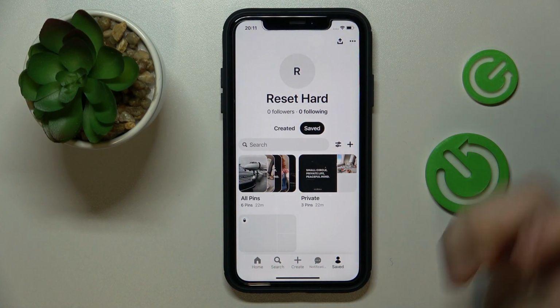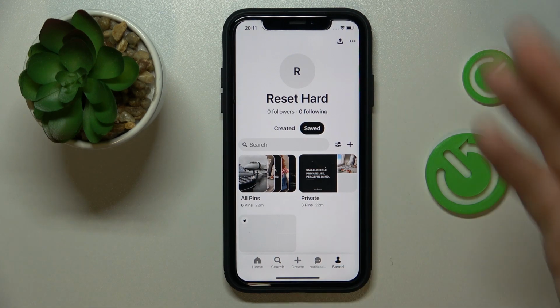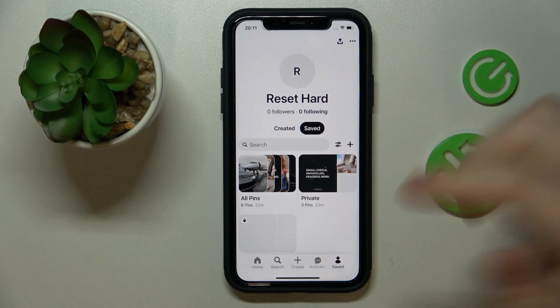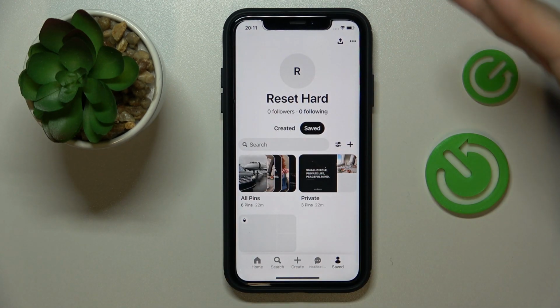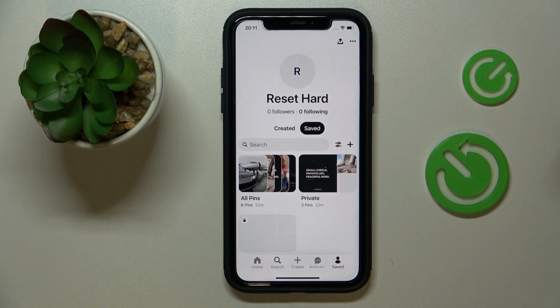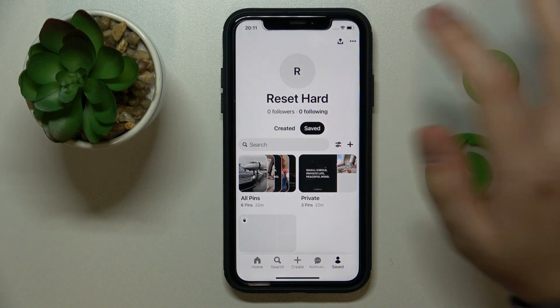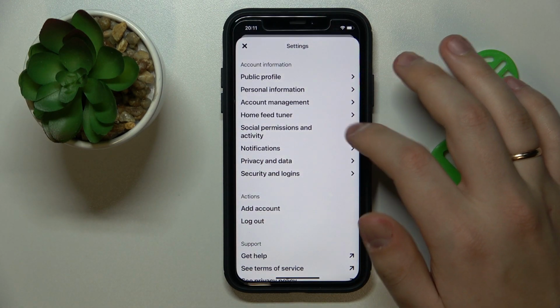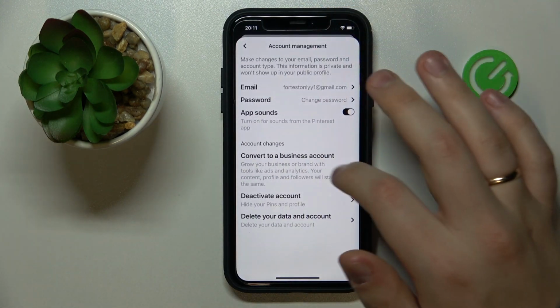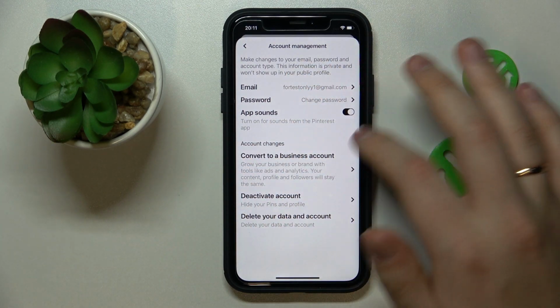So first of all, you probably will want to create a regular one, just sign up for Pinterest, then open your profile by going into the saved section of the app. Whether this is desktop or mobile version doesn't really matter at this point. Then go into settings by tapping at these three dots to your top right. Onwards, go for the account management category, and in here you'll find the convert to business account option which you